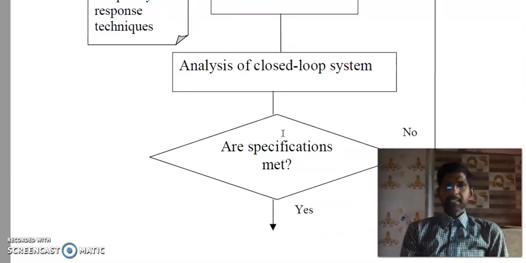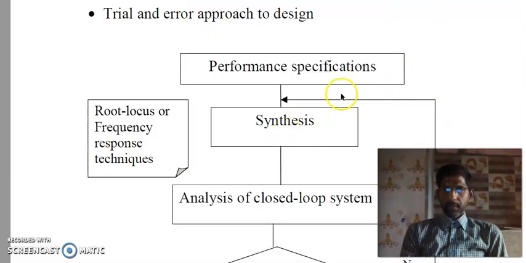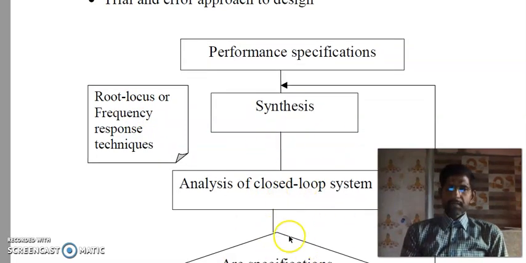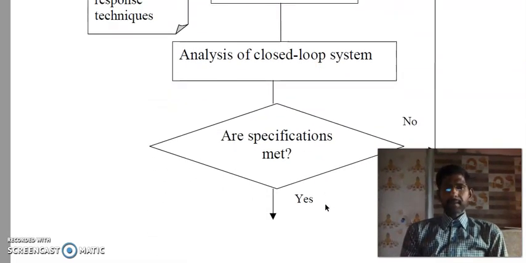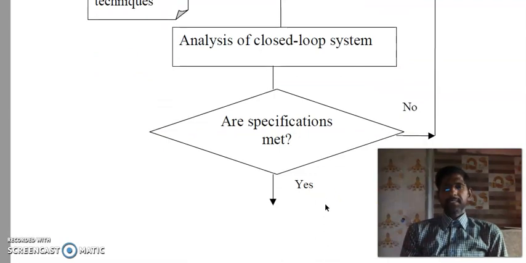If they are not met, the signal flow will be like this: again we need to do the synthesis to analyze the closed loop system. This procedure will be repeated until the performance specifications are met.